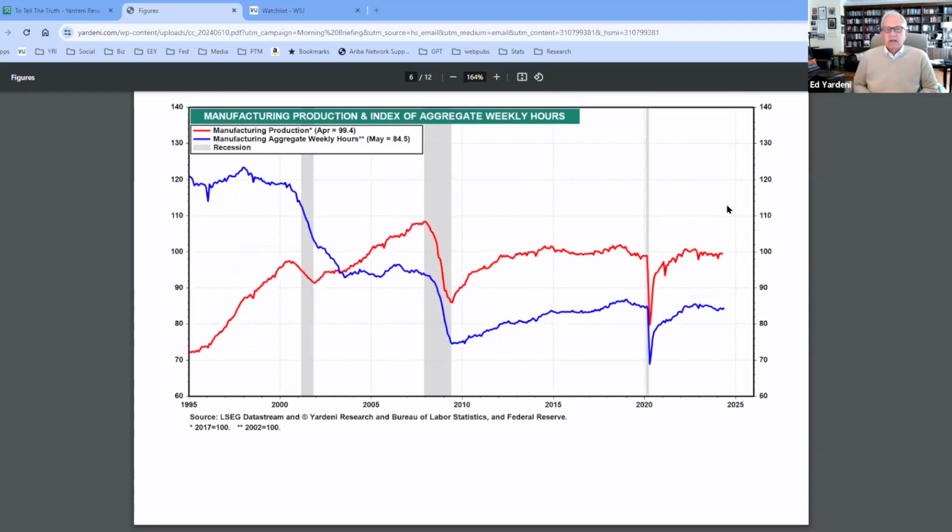This is another indicator we get when the employment number comes out: manufacturing aggregate weekly hours. The reason we're focusing on that is, again, we're trying to get a handle on what the numbers are going to look like this month for the economy, and we think on balance they look pretty good. Manufacturing aggregate weekly hours increased 0.5%, so that's that number, and this is manufacturing production. So industrial production should be a solid number, but we're still kind of in a funk here.